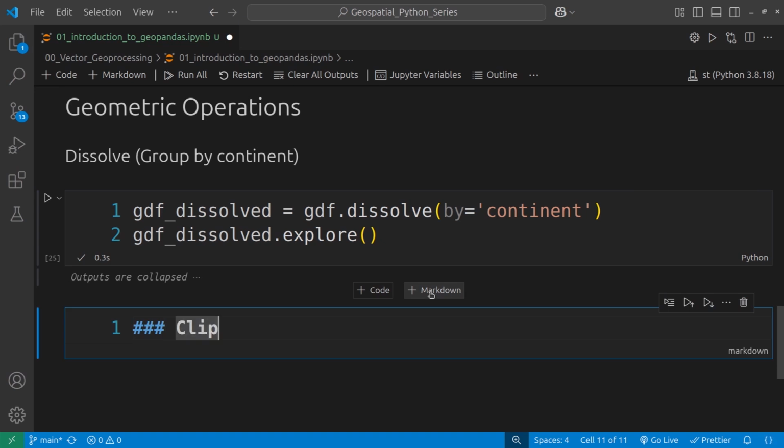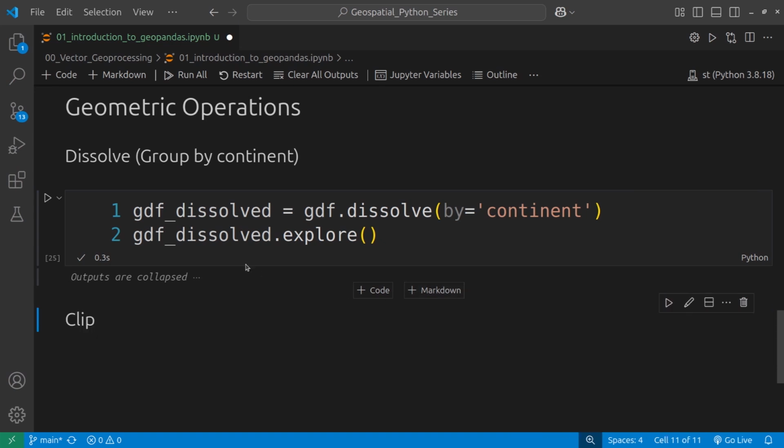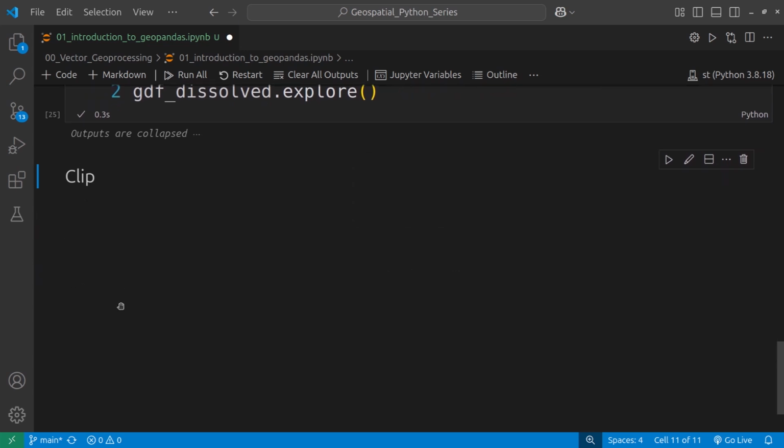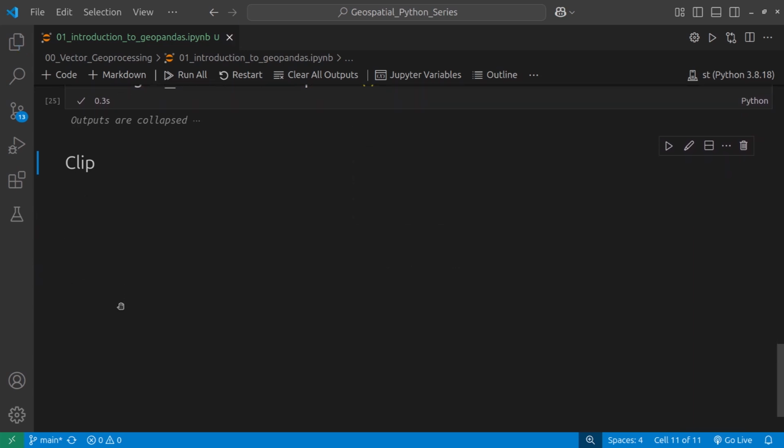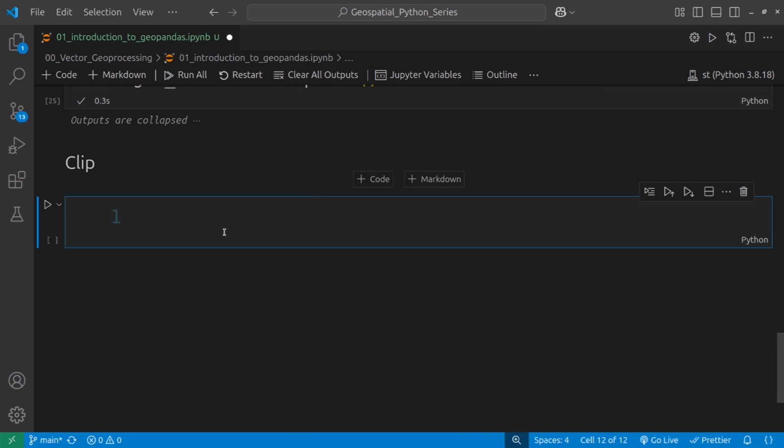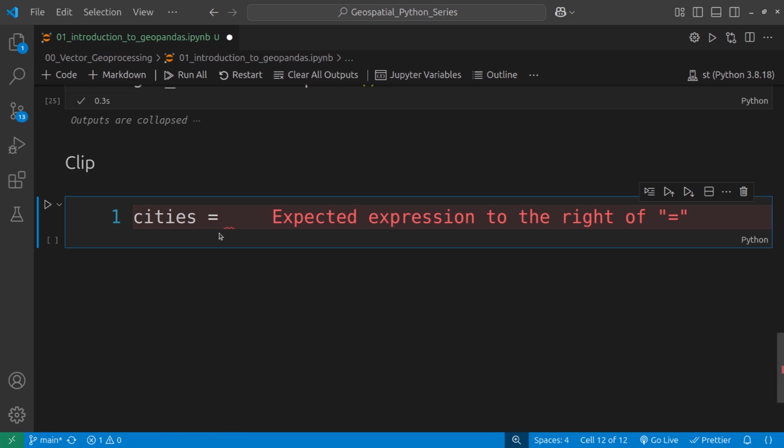Which kind of helps you to create a subset from a larger data set, if I should say it less technically. For this one, we will also explore a particular data set that comes default with GeoPandas. I'll call it cities, and you will know why in a few seconds. I will say